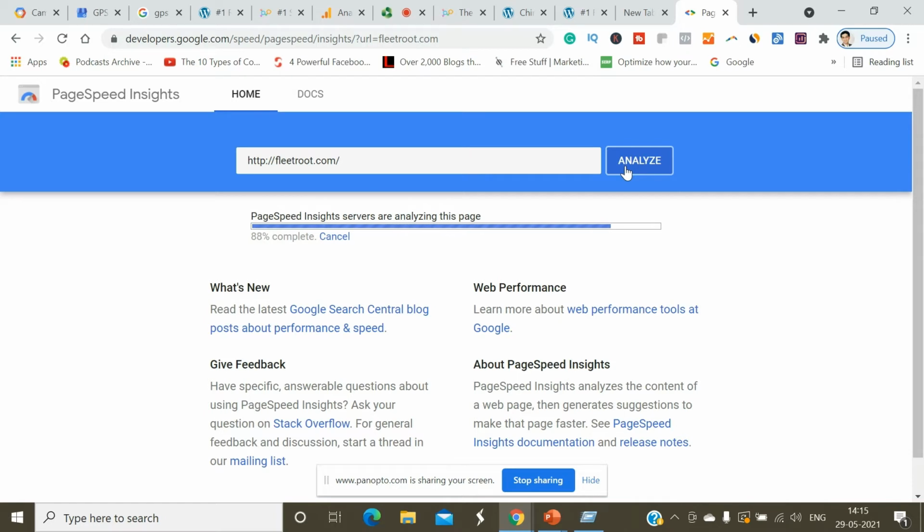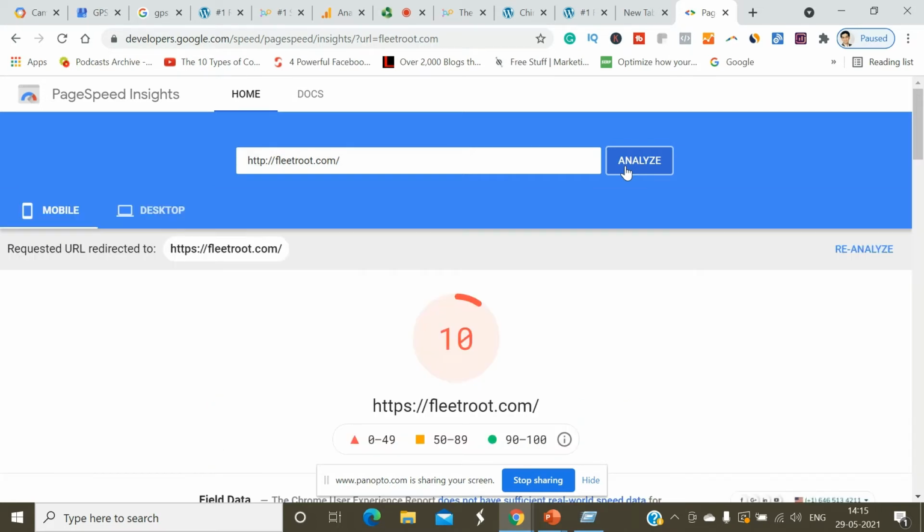Okay, guys. And back here, desktop, this is 42. For mobile, it is 10. So the score should be 90 out of 100. Okay, so this needs to be improved.